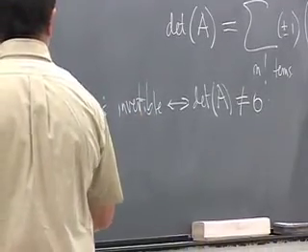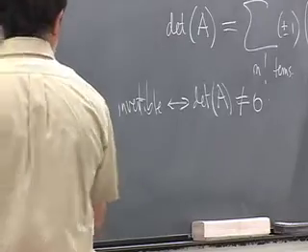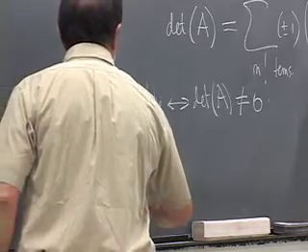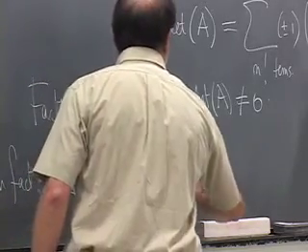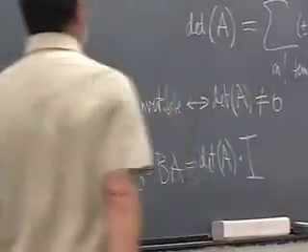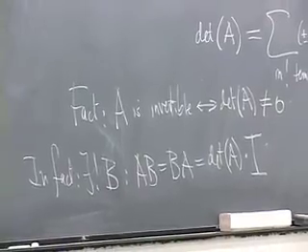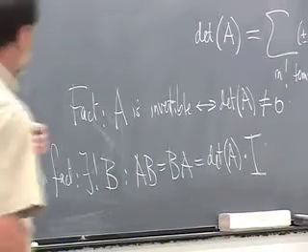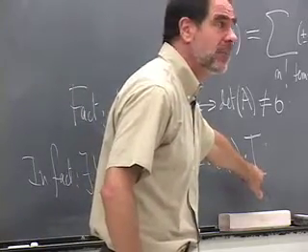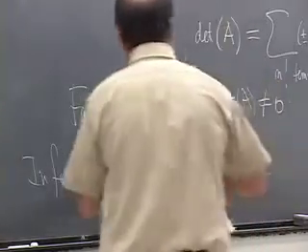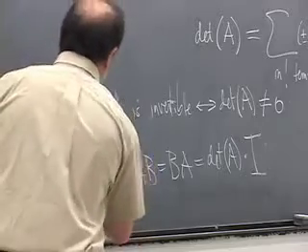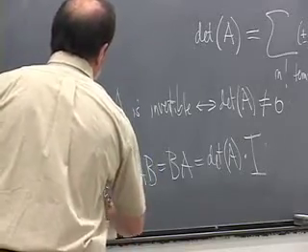There's always a matrix. That means there exists a matrix B such that AB is equal to BA is equal to the determinant of A times the identity matrix. There's always such a matrix. You can't always multiply something to get to the identity, but you can always find a matrix where the product is the determinant of A times the identity matrix. Well, no, I shouldn't say unique. I mean, if A were the 0 matrix, then anything would work. So sorry, there exists a natural matrix. Let me just say that.